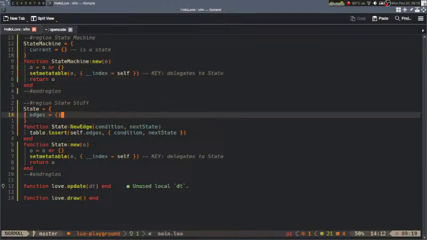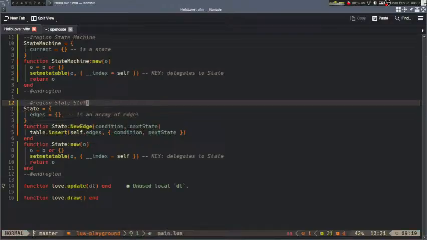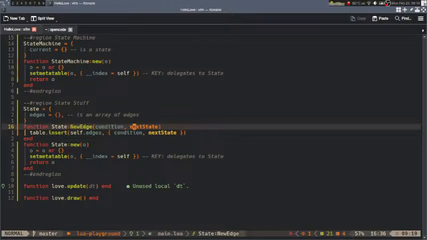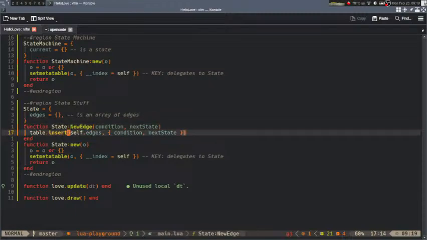And then this is an array of edges, right? And that's why we have the state new edge, so that we have these kinds of situations. Right? So the condition being